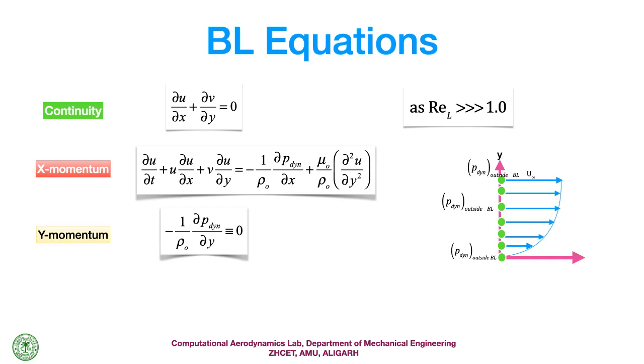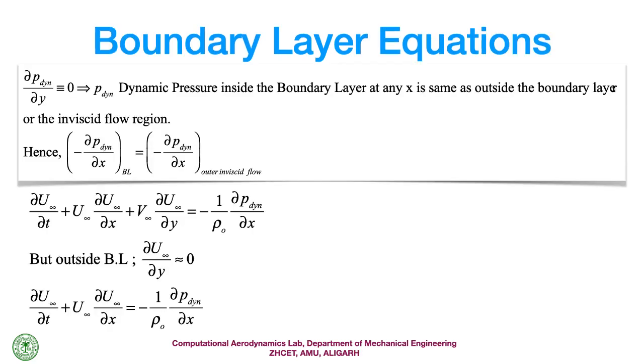So whatever the pressure is outside the boundary layer will be the same as inside the boundary layer. Now, if I go to the next slide, the dynamic pressure inside the boundary layer: del P by del y is equal to 0. That is what I have explained over here. The dynamic pressure inside the boundary layer, at any station x, is the same as outside the boundary layer, or